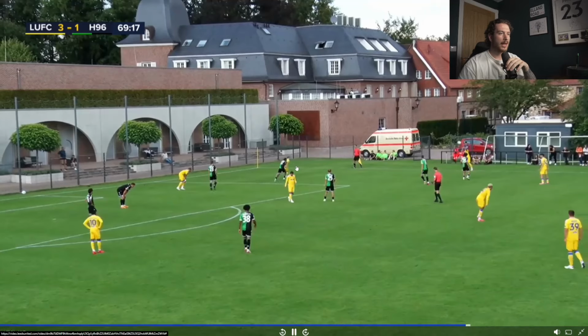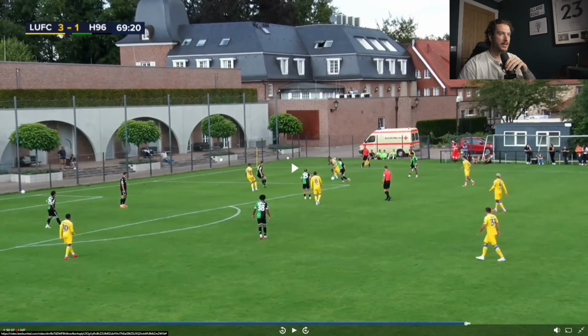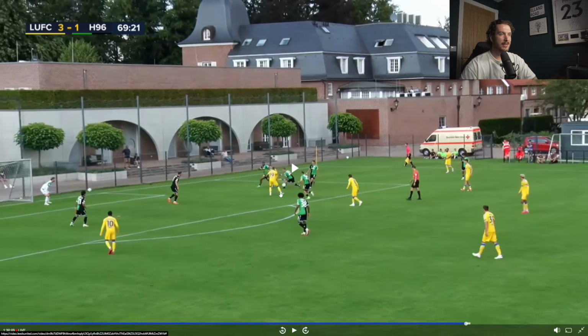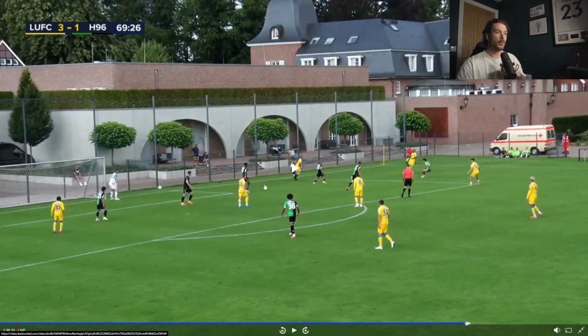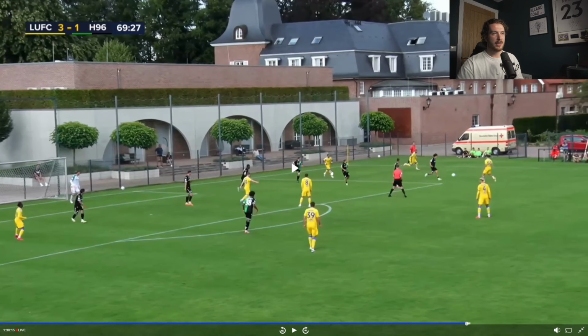Another good bit of play here, good centre-forward play here from Mateo Joseph for his second goal. You can see he's here, and it's not obviously the optimum position for scoring a goal, but what he does is he utilises this space here, and you can see he stays in that blind spot there, and when the ball does come to him, he's able to then get into that chance there. Look, but he doesn't get it straight away. The ball isn't going to be able to get in the back of the net there, so he recycles possession. He gives the ball out wide,